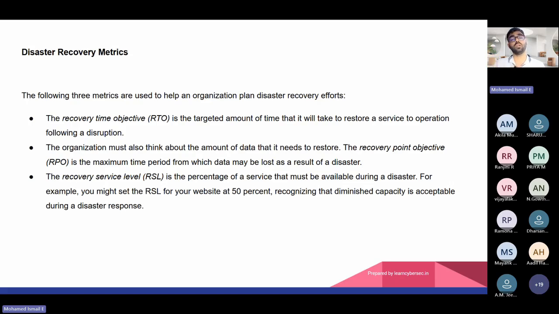So read more than one time during a week, maybe 8 hours once or 12 hours once. If you just repeat for 3-4 days, you will be familiar with these terminologies, because from the exam point of view, if they put RTO, you should know what it is and how to apply it in scenario questions.